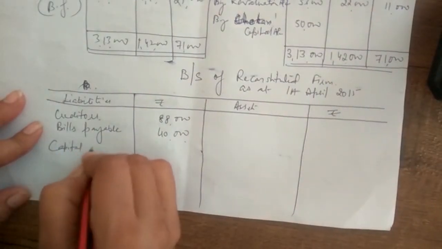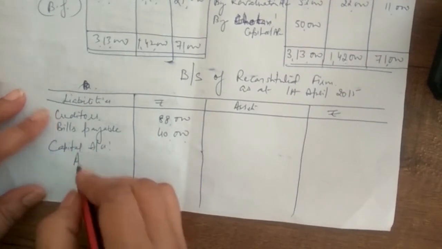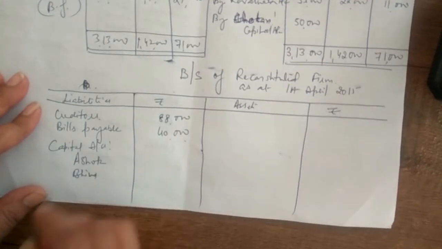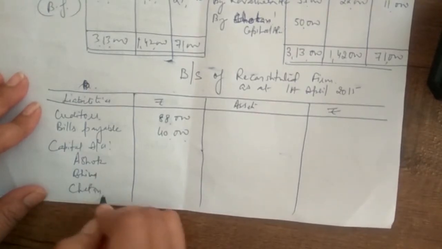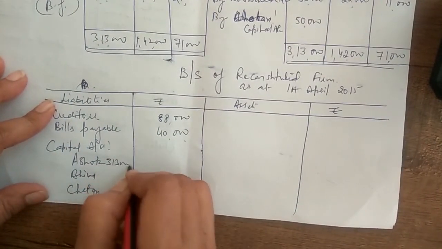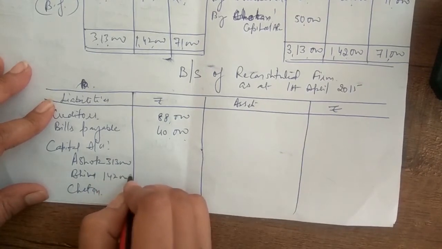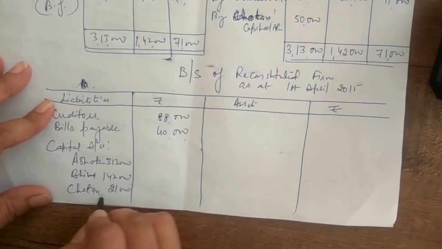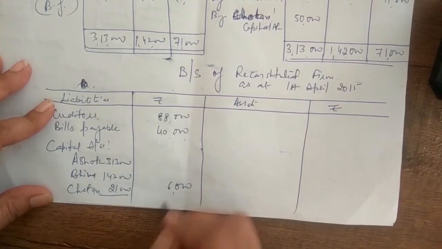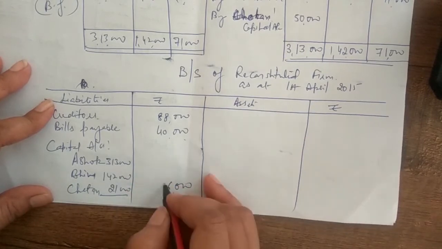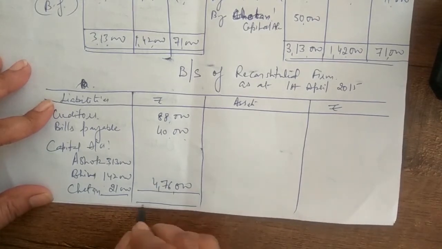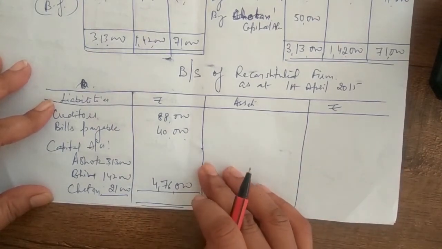Capital accounts. Name: Ashok, Bhim and Chetan. So what are the balances we have calculated? 3,13,000, 1,42,000 and 21,000. This way put the line, get the total outside: 3,25,16, 1,52,73,14. Alignment is important, bache. There is no item to be shown on the liability side.